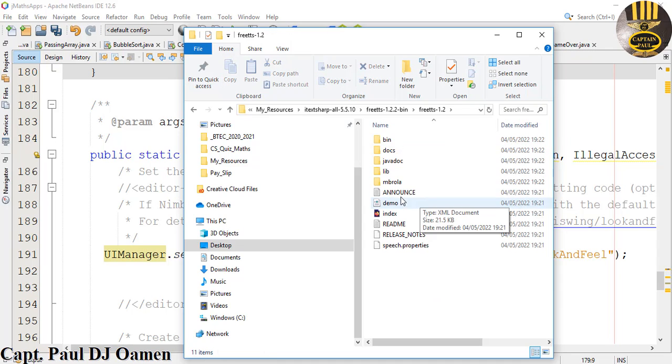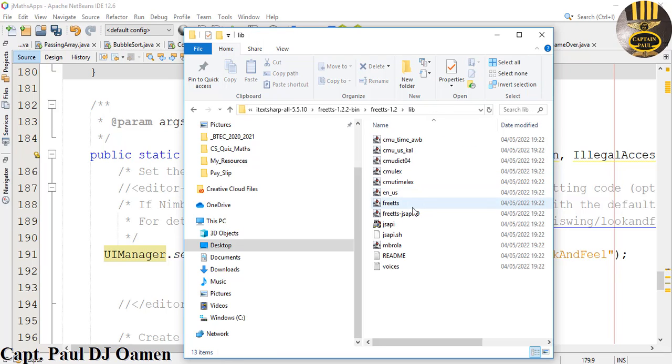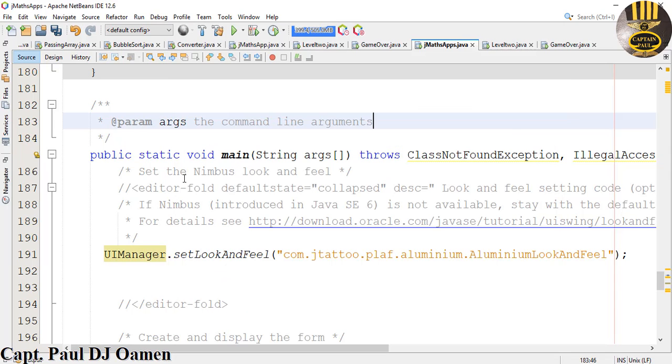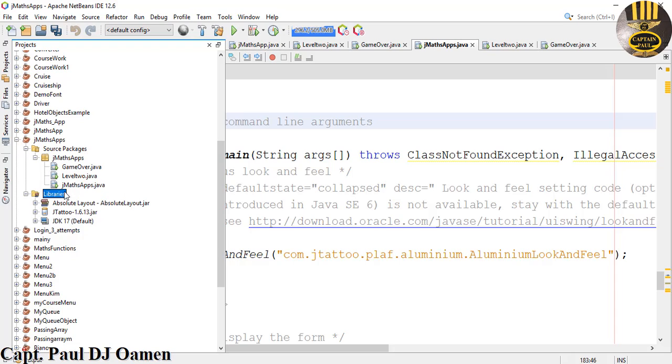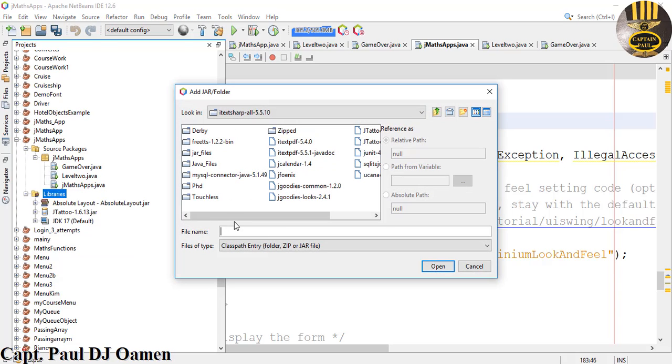The file that I'm looking for is going to be inside this very library. Okay, this file. So let's close that, and I'm going to go straight to my project here. Okay, you see the library of my main project. I'm going to right click on it, and let's select add JAR. Click on that. Now let's look for the